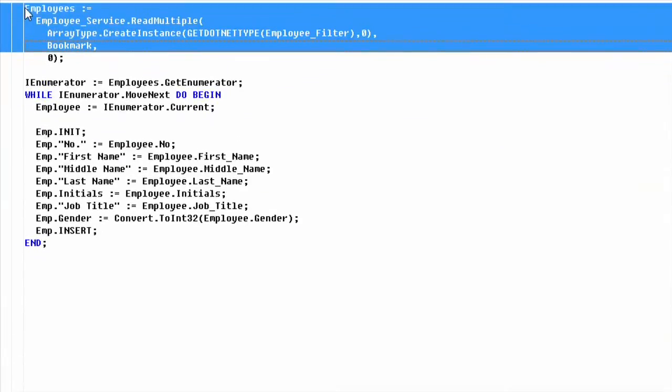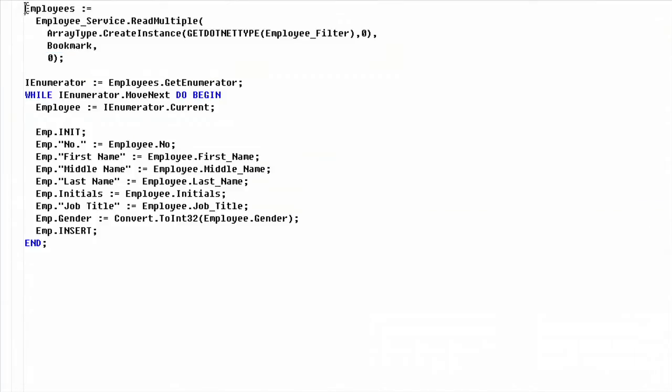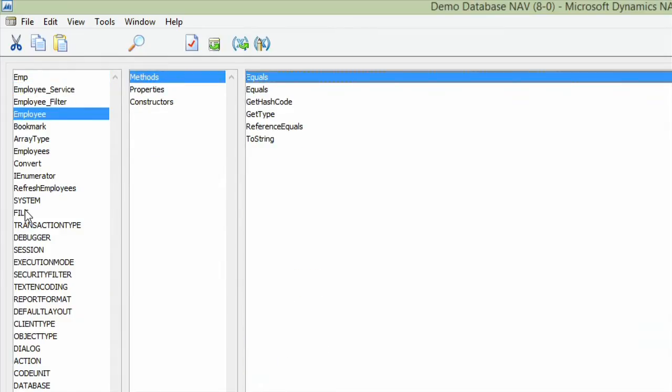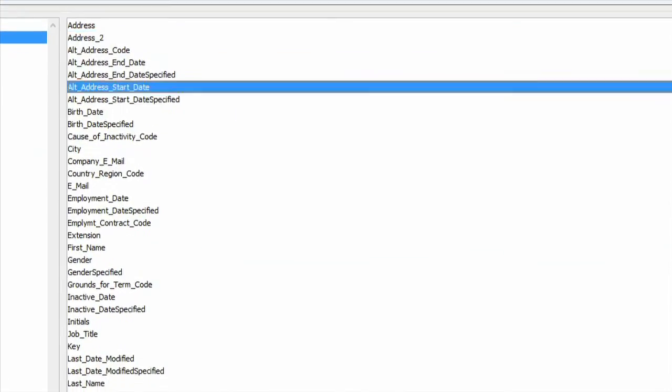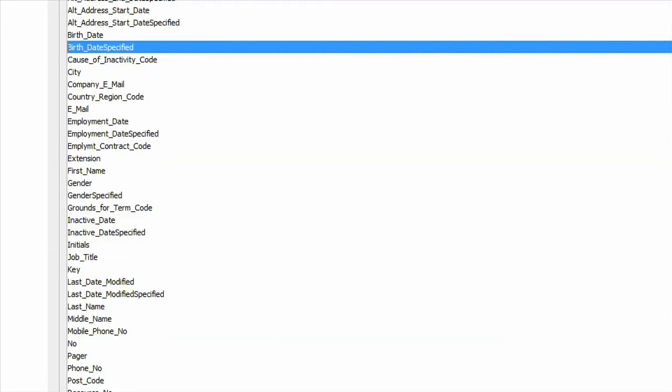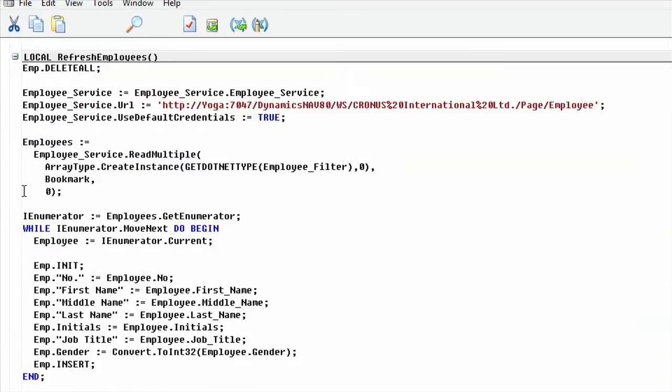The problem with this employees class, or actually this array of the employee class, is that it depends on the service. It's the service that tells me what the data is. If I take a look with F5, this employee actually has properties that come from that external service. I might not need them. Imagine that a property changes name. Suddenly my code is broken because the property that my code is aware of doesn't work anymore. So if you change the service, you have to change this code. That's one of the problems.